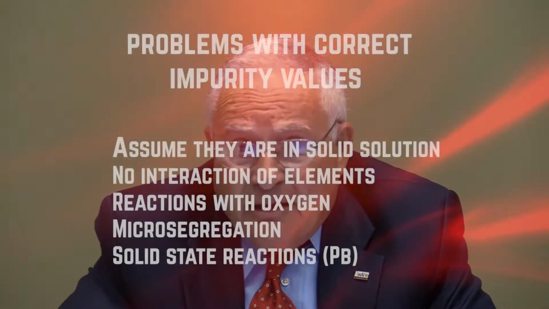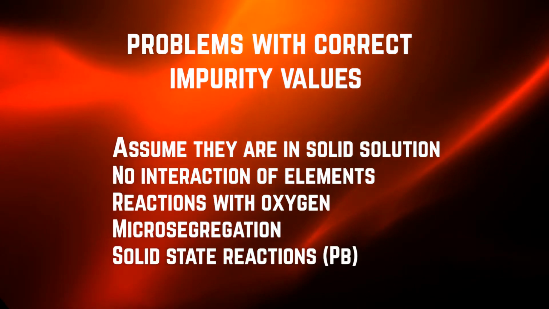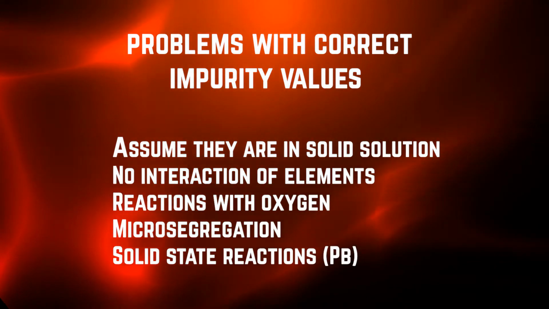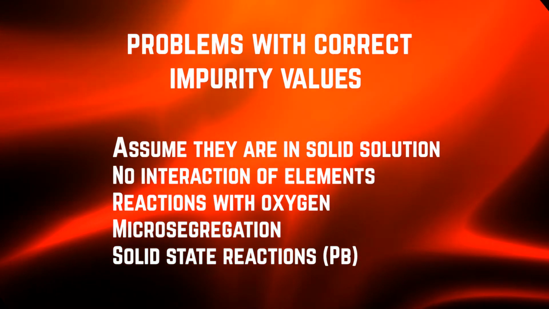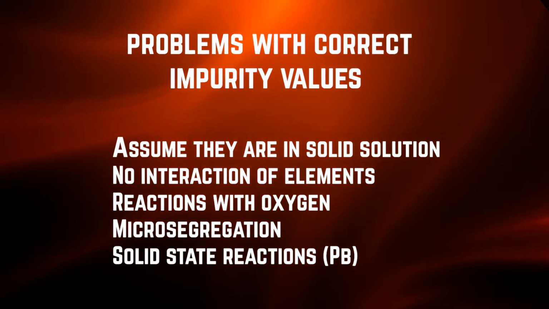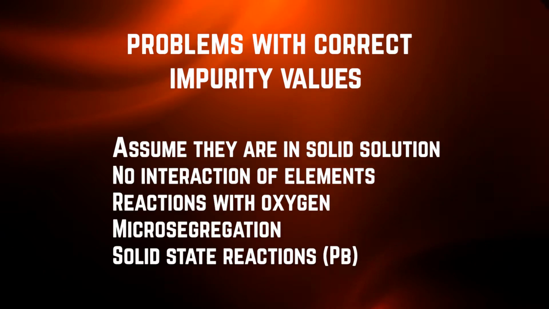Now, very often people get a chemical analysis, and they think if it's correct, that everything is proper and not a problem. But that's not the real world. When you get an impurity number, you're assuming that these materials are all dissolved in the copper solid solution. And you also assume that there's no interaction with the impurities. You also assume that there's no interaction with any oxygen that might be present. But in the real world, those things happen. And if those things happen, then the chemistry does not tell the full condition as to what might take place